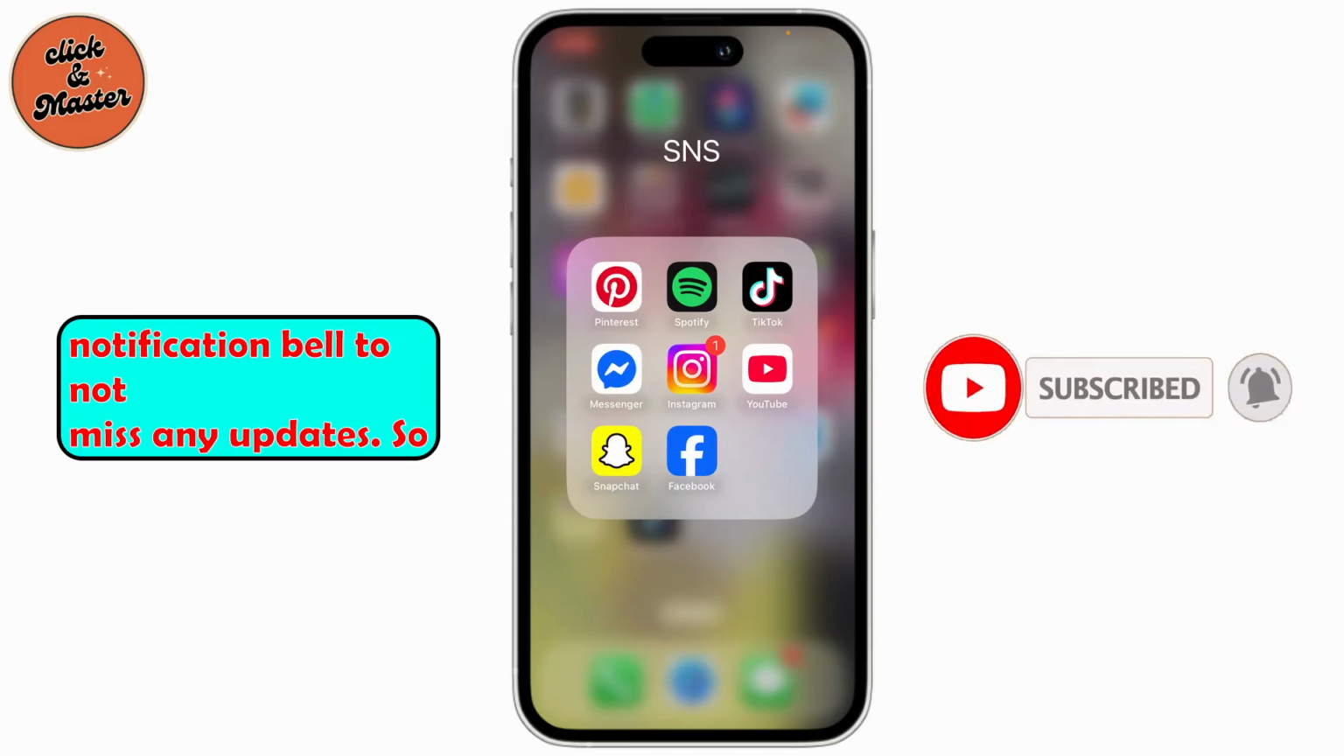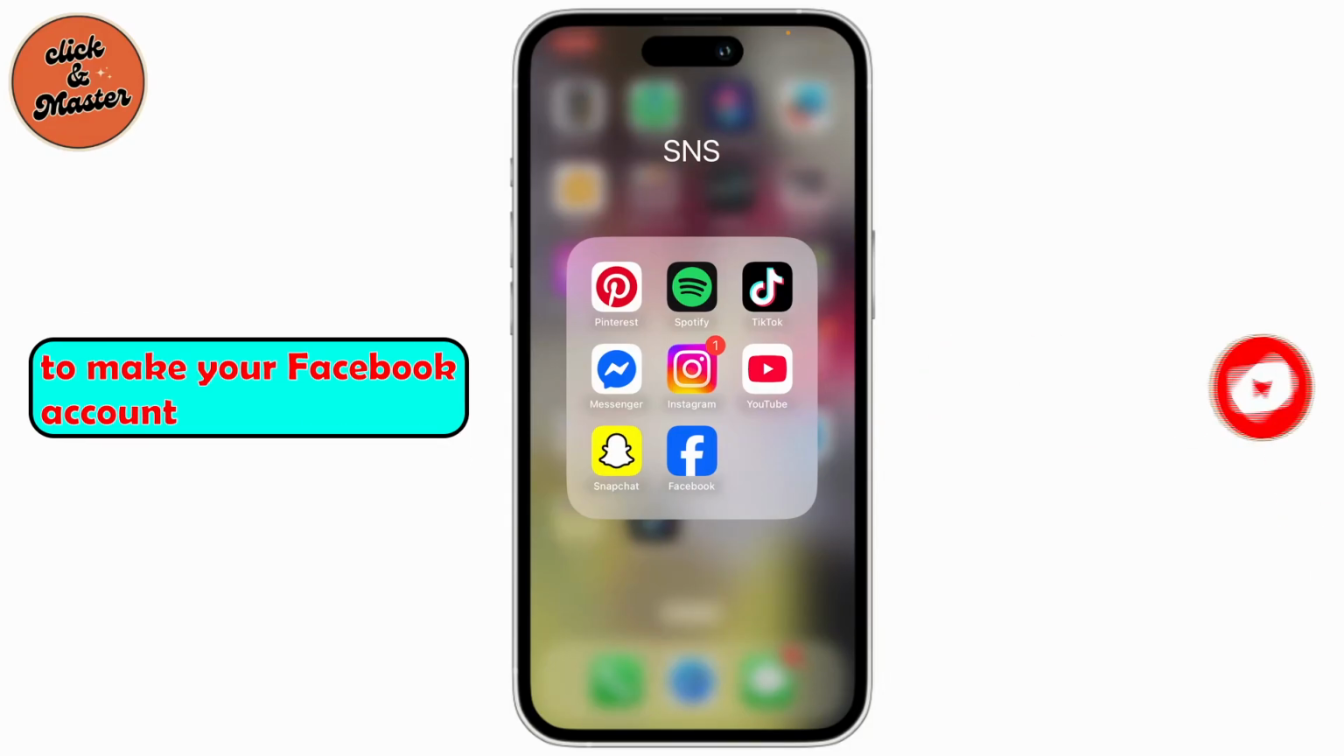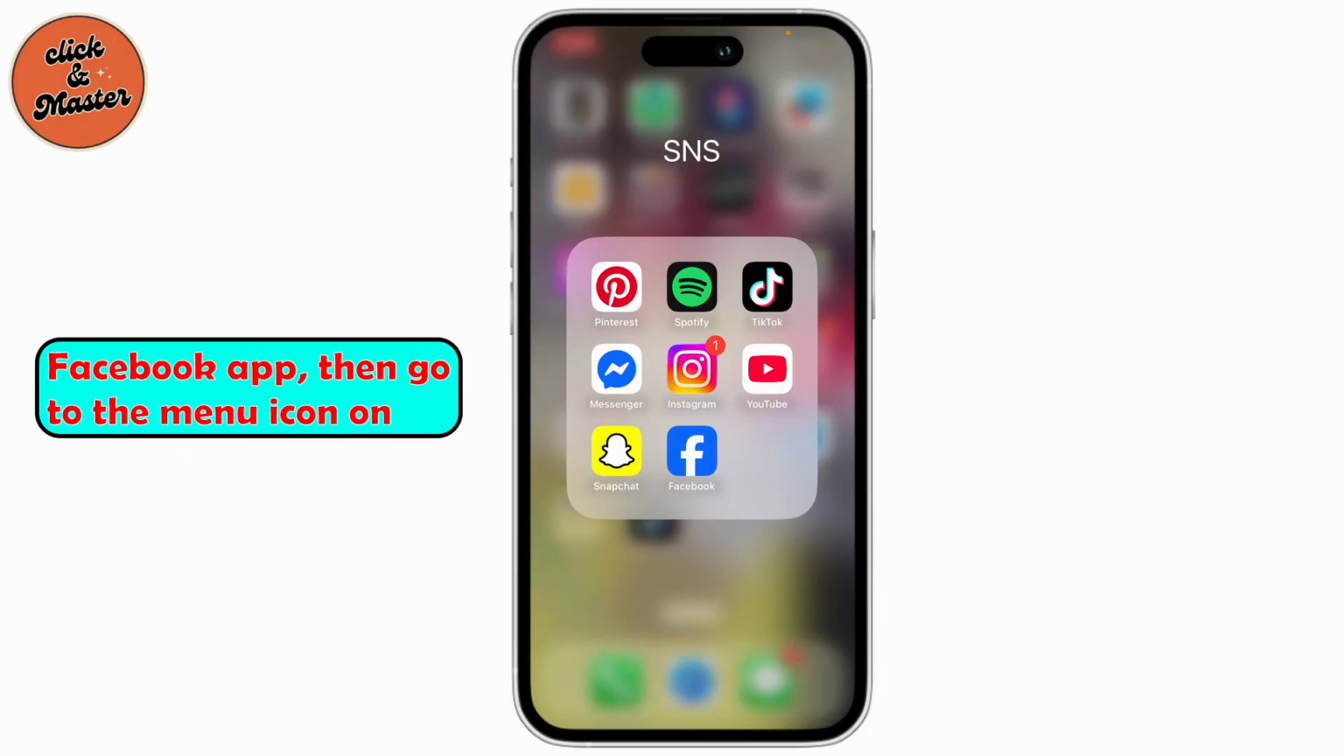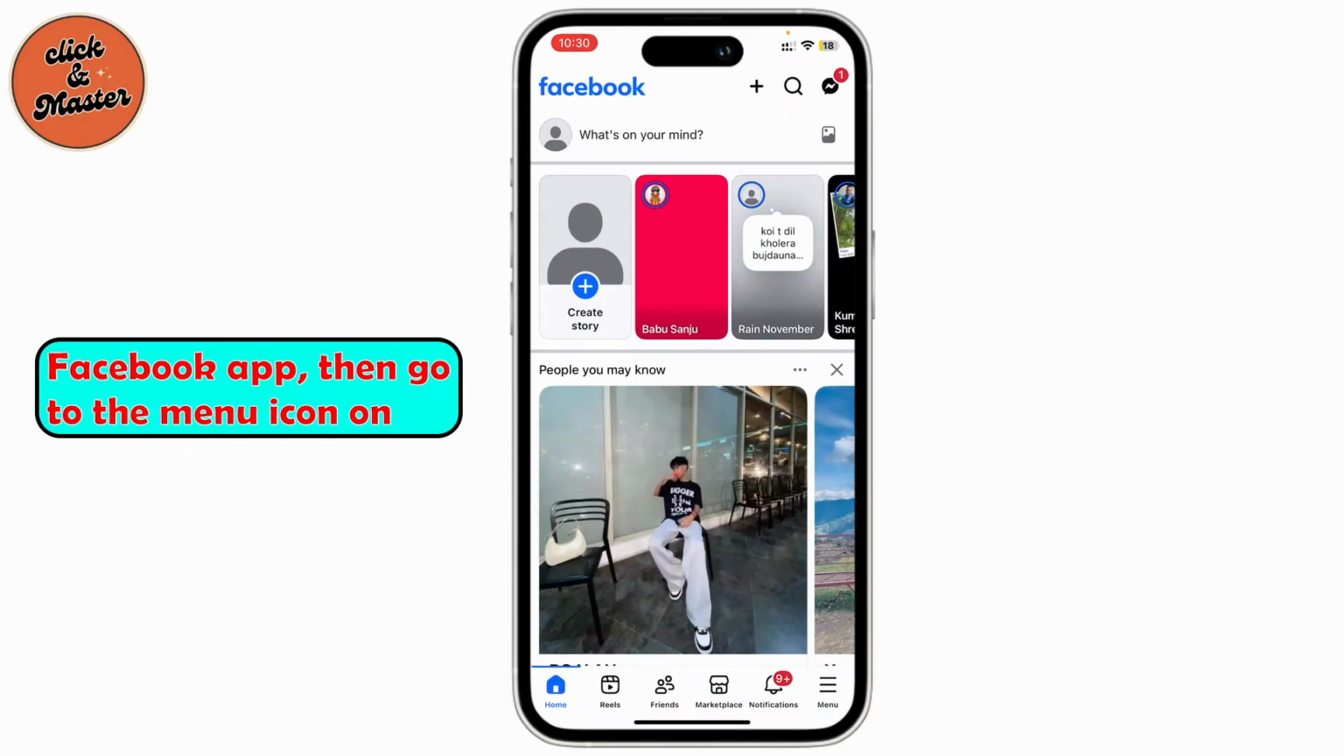So to make your Facebook account public, you'll need to turn on the professional mode. So I'll teach you how. Let's dive right in. Head over to your Facebook app, then go to the menu icon on the bottom right